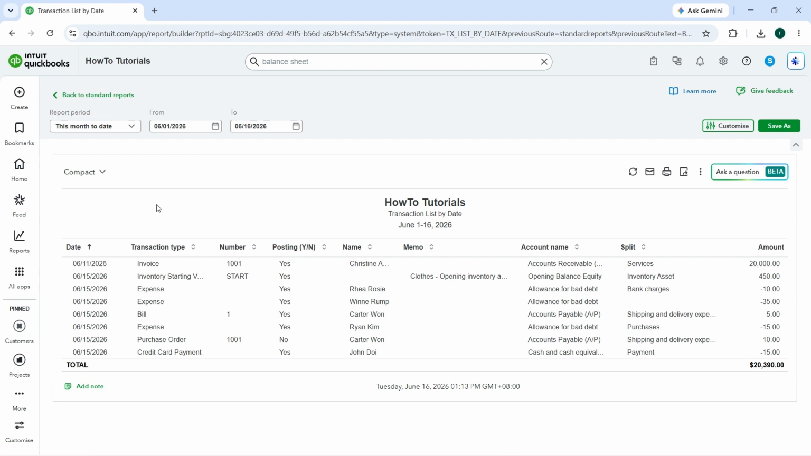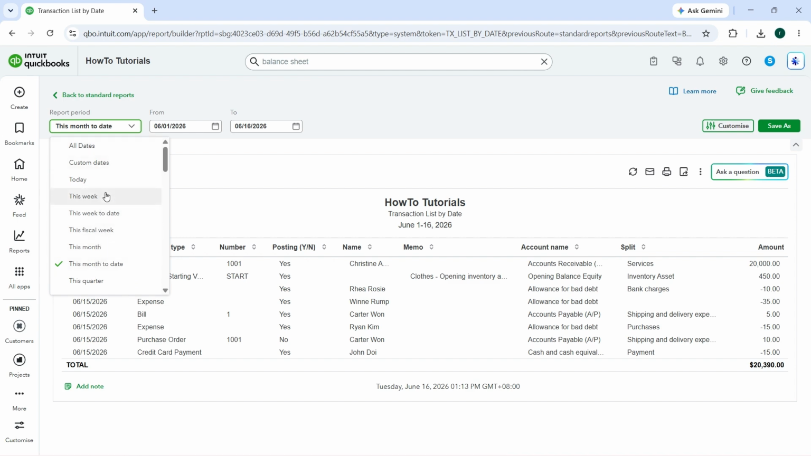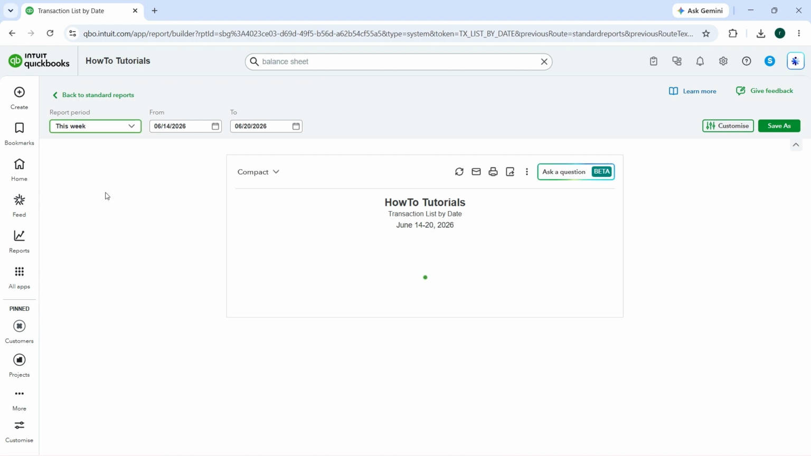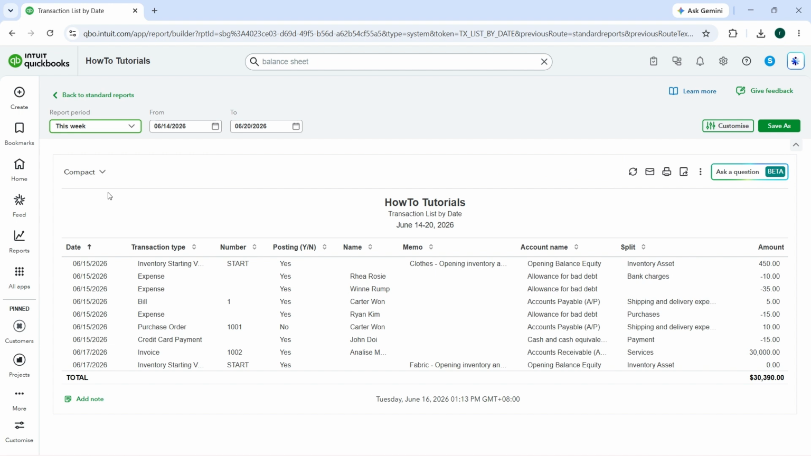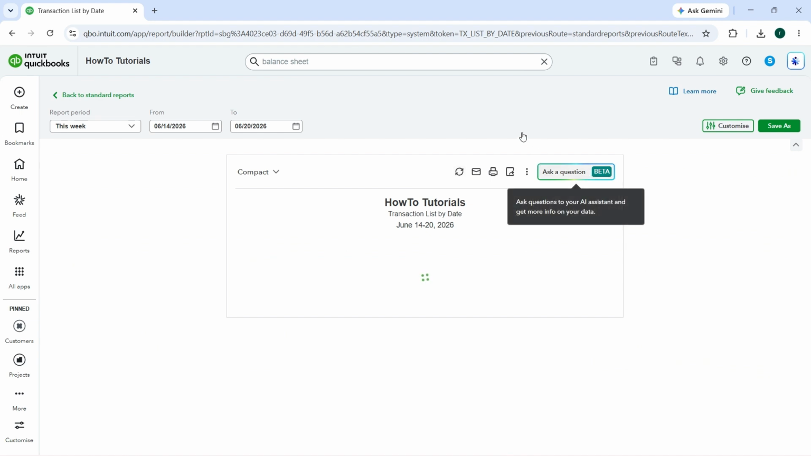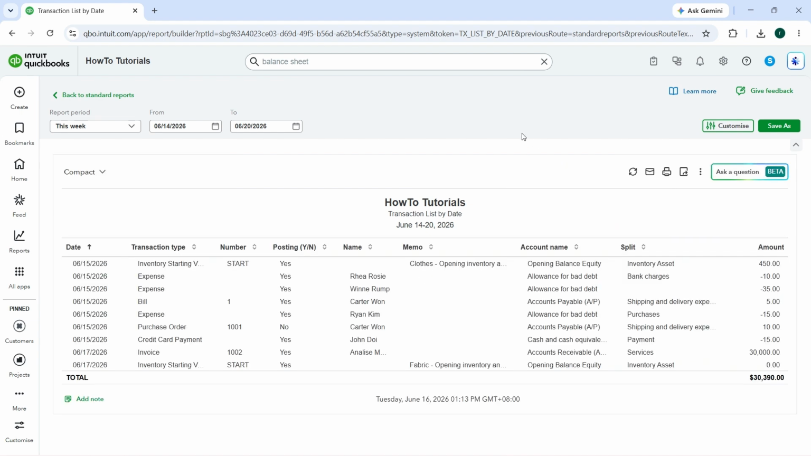Near the top of the page, you'll find a date range selector. Choose the period you want to review, such as this week, this month, this year, or a custom range. After selecting a date, click Refresh to see the changes in the report. The report will show information such as the transaction date, transaction type, reference number, payee, account, memo, split account, and